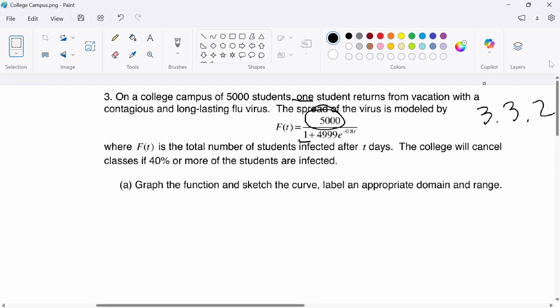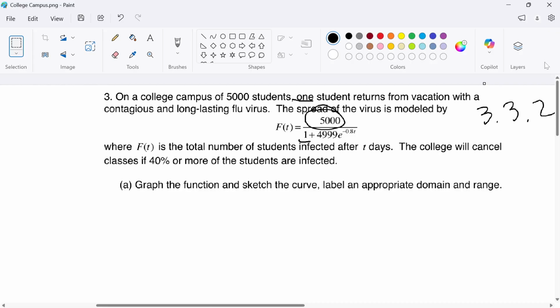So here it says on a college campus, 5,000 students. So the carrying capacity is 5,000. That's the maximum number of people involved in this thing. One student returns from vacation with a contagious and long-lasting flu virus. The spread of the virus is modeled by f of t equals 5,000, which is K, so that's the maximum amount, divided by 1 plus 4999 e to the negative 0.8t,